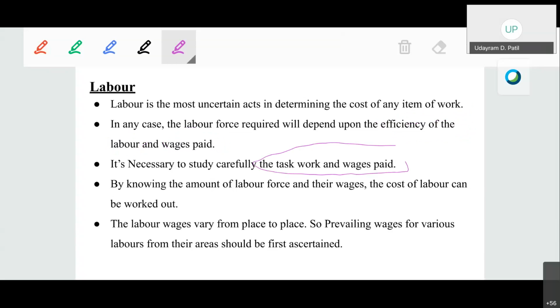Okay, task work and the wages paid and the efficiency of the particular item to study, to calculate the cost. Okay, number of labor required, for that we need minimum one most